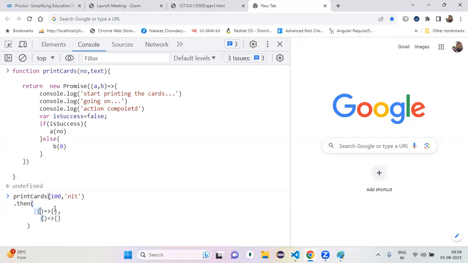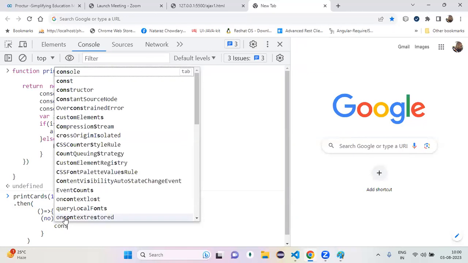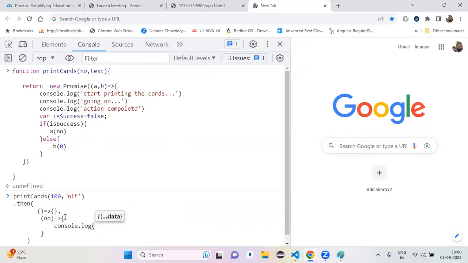Okay, when is the first callback going to execute? Whenever we call A. Yeah, not success, A. And the second one is going to execute whenever you call B. In this case, A executed or B executed? B executed. So that you can get this data. Okay, received how many? 0. console.log of received